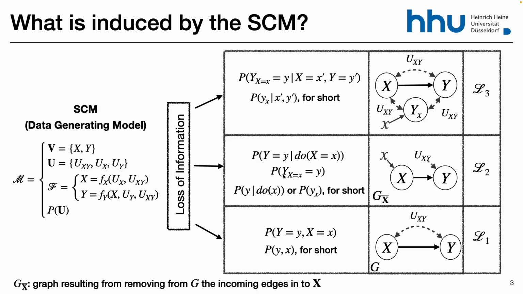Pearl showed that everything that you can do using Y_x as a random variable can be done by using Y given do(x), pointing to what would happen with the same random variable Y after an intervention on X. But Rubin deals with the problem by using Y_x as a different random variable. So that's one of the, I would say, philosophical differences. But the language is very powerful. So when you move up to the third rung, you really need this counterfactual language to deal with all these different realities.